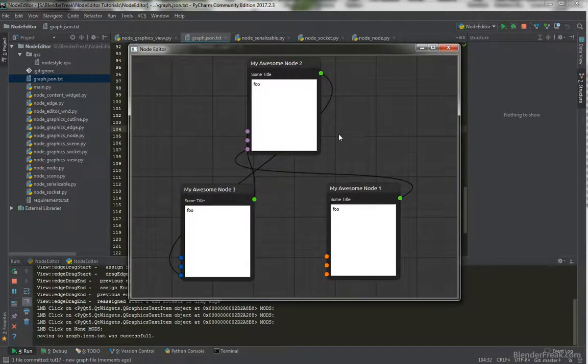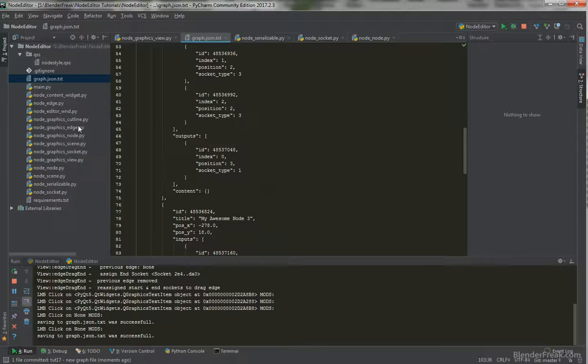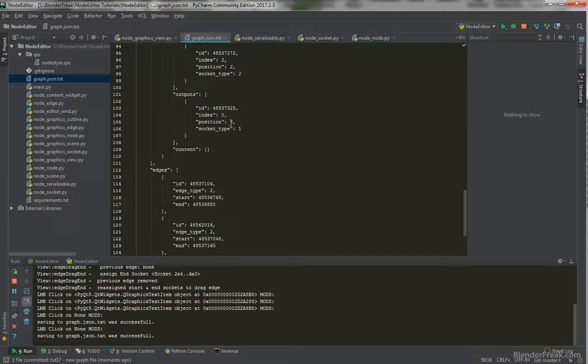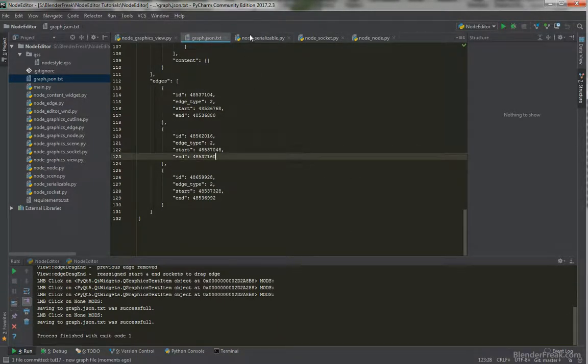And let's try to save it again, if actually everything works. And as you can see, nothing has changed inside our file, which is awesome. So this one works, and we can go ahead to, let's say, the scene itself,